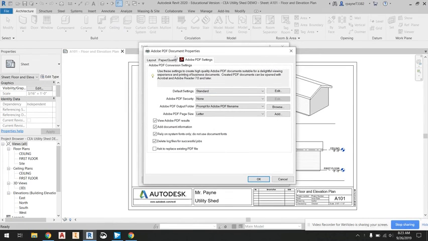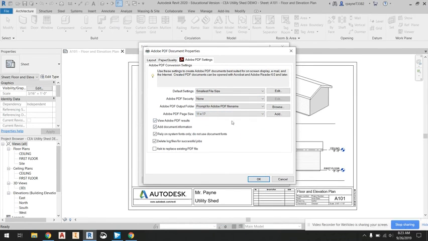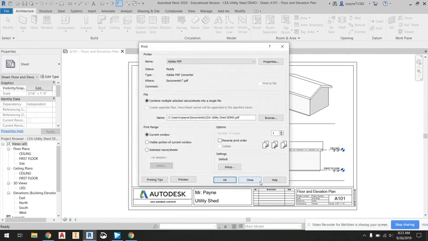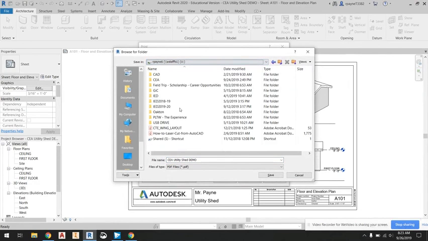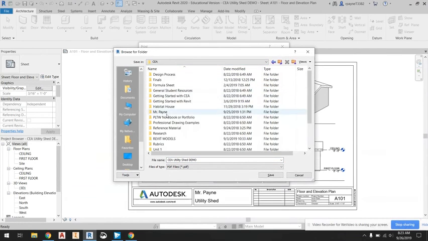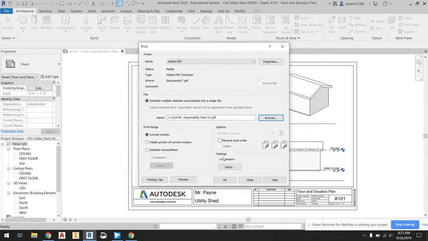To make sure that our computers can print this out without any issues, we need to try to compress it or make the smallest file size. No security. The size is the 11/17, and that should be okay there. And then wherever you want to save it, so you should probably save it on your USB drive. I'm going to put it in my U drive under my CEA folder, my name. You see I've already printed one out, but I'm just going to call it Utility Shed V1. Click Save,